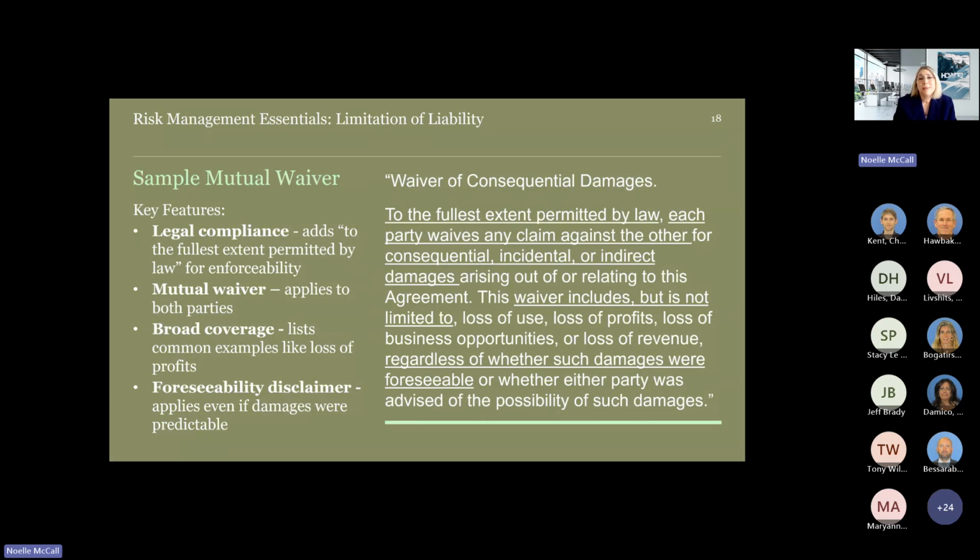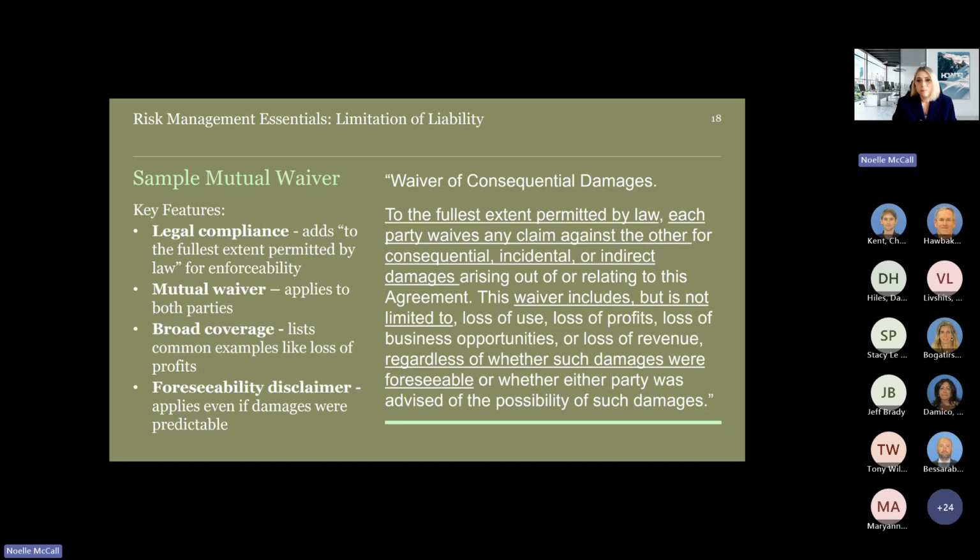Now we'll take a look at a sample mutual waiver of consequential damages. So I'll go through the language and then we'll look at some of the key features of this. Waiver of consequential damages: to the fullest extent permitted by law, each party waives any claim against the other for consequential, incidental, or indirect damages arising out of or related to